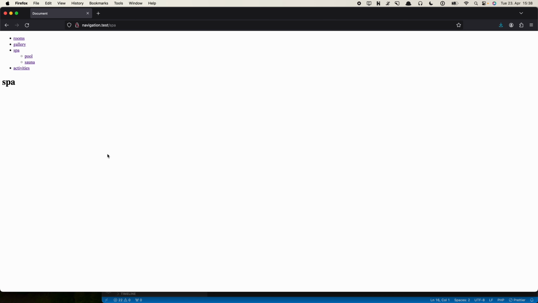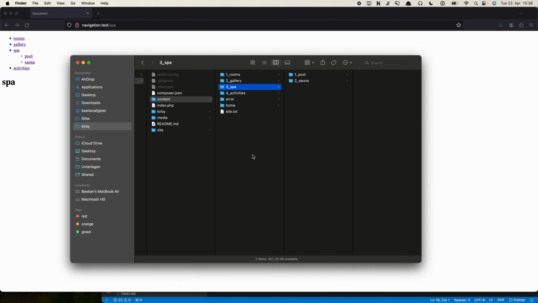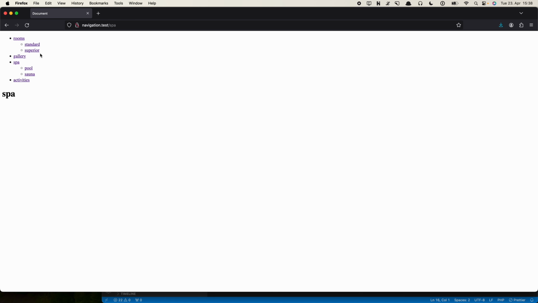Let's go back. Yes, it's doing exactly what we want. We get a nice sub menu for each of the areas in our spa, and we could totally use this for the rooms as well. So let's say we have a standard room and we have a superior room, and then this would be the categories for the rooms that we provide in the hotel. This is cool. It's working exactly like I want it to work,